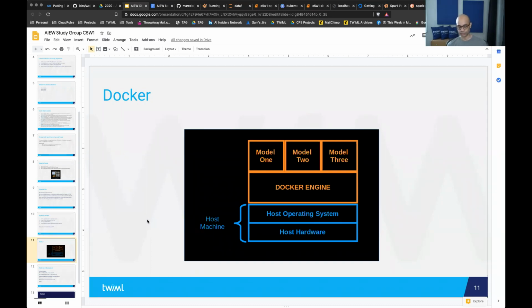And so kind of the next step in the progression is virtualization. You can create virtual machines, and each of those virtual machines is running in your host operating system. The virtual machine basically has a guest operating system that runs in the host operating system. It's kind of a self-contained